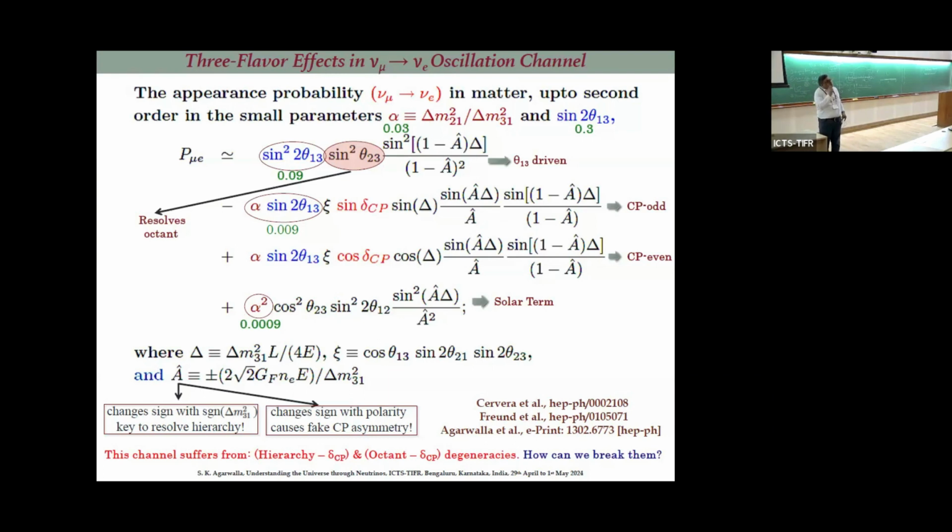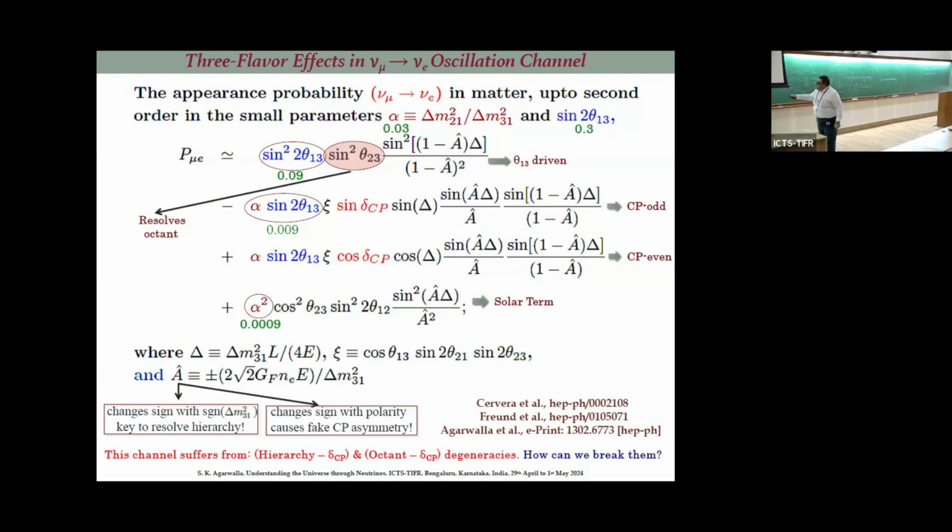If the numerator is finite, it doesn't matter whether it is neutrino or antineutrino. If it is finite, then you are sensitive to the sign of this quantity. That is the neutrino mass ordering issue. We are not doing big things, but try to appreciate. You all agree that through matter effect, A hat can give you information on this delta m square 31? Agree? So this quantity changes sign whether the neutrinos are normally ordered or inverted. Key to resolve hierarchy, but there is a downside to that.